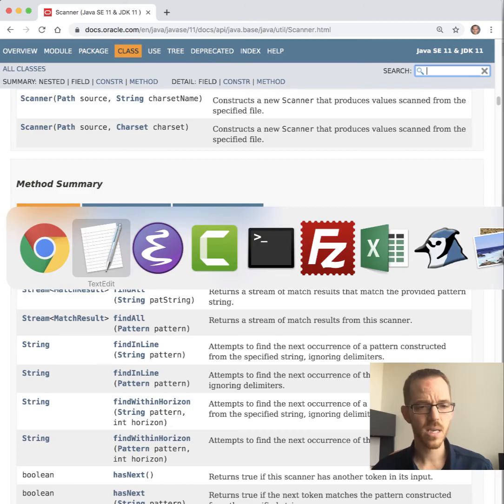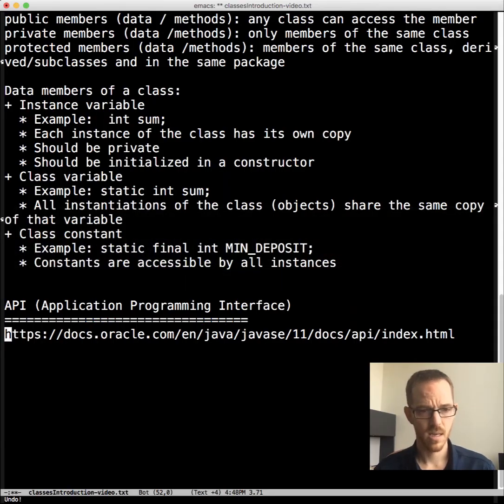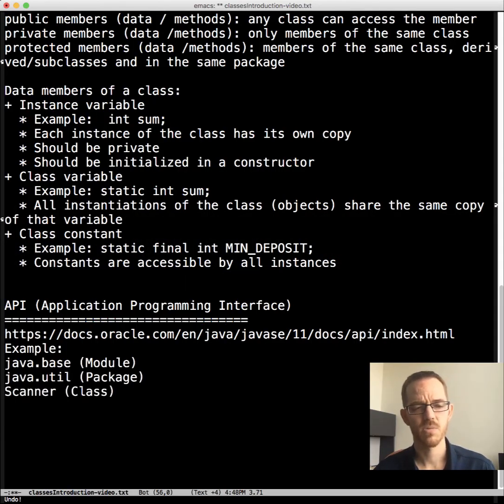So how do we use it? That's what we just did at the module level, then the package level, and the class level. If we wanted to use the scanner class or any other class in the API, we'd write at the top of the code the keyword import, and then the package name, a dot, and then the class name, and then a semicolon, because all statements in Java end with a semicolon.